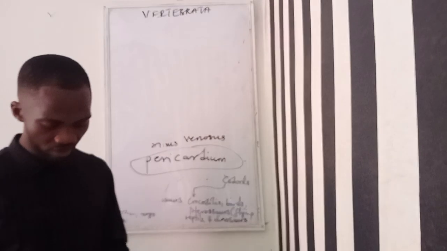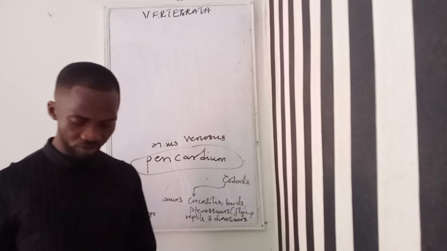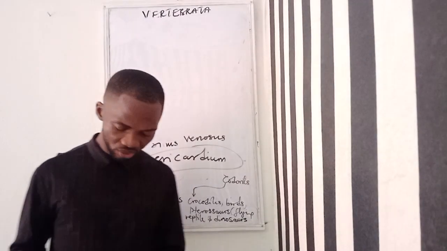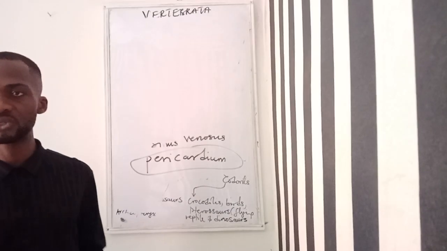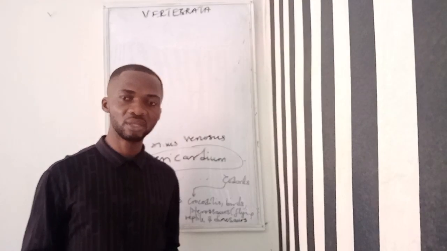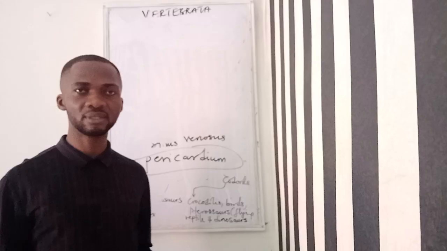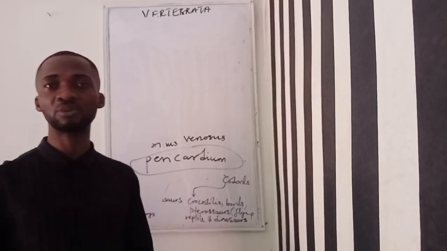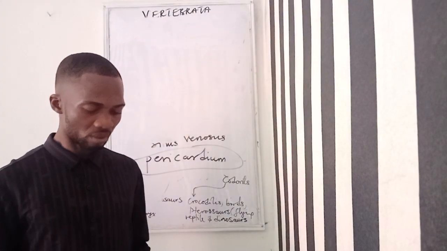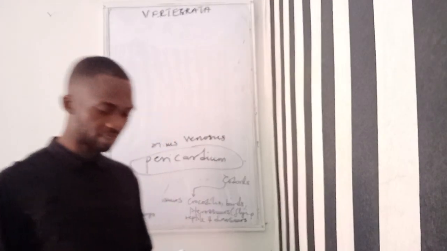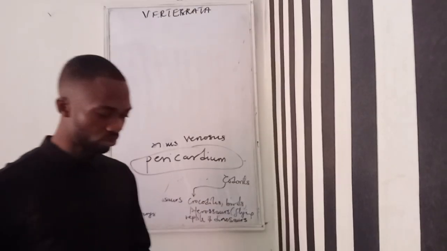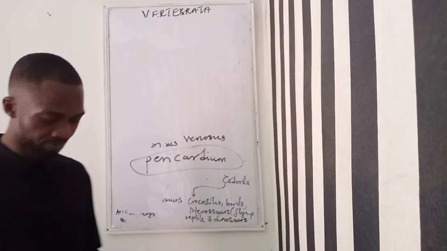Then also check the toxicity of the venom, the site of injury, and the depth to which the fang has penetrated. The site of injury, there are some places where it becomes more injurious to the body than others. Then depending on the depth of penetration of the fang of the snake. So these are factors to consider if there is a snake bite. And what to do if there is a snake bite.